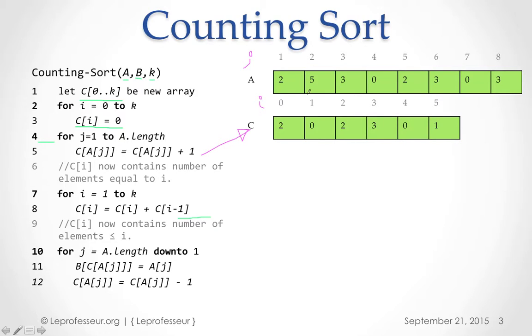The input array is given, 2 5 3 0 2 3 0 3, in an unsorted manner. And C, after executing steps 4 and 5,